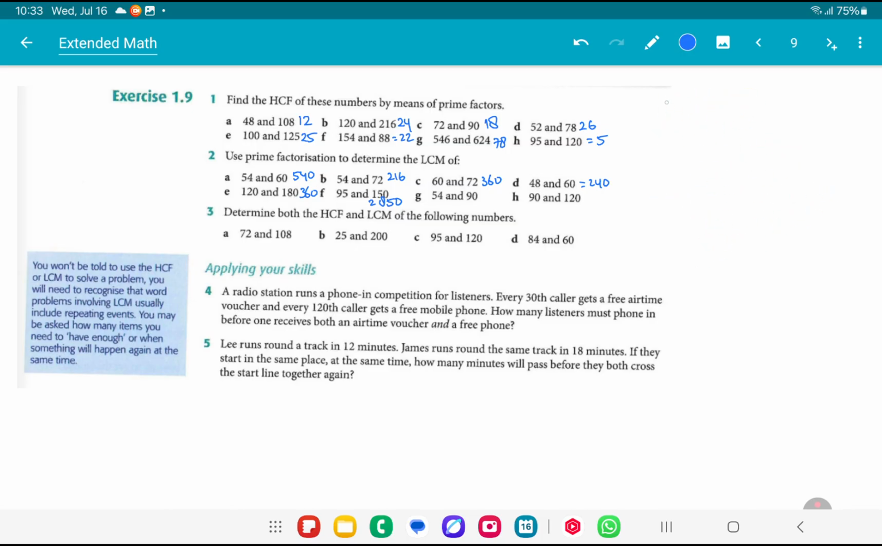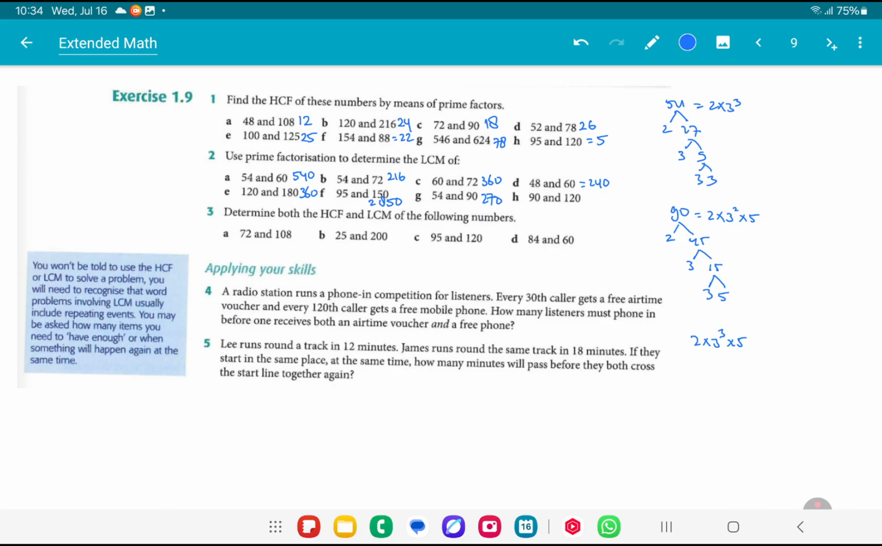Next, we continue with G. 54: 2 and 27, 3 and 9, 3 and 3, so 2 times 3 cubed. 90: 2 and 45, 3 and 15, 3 and 5. So we get 2 times 3 squared times 5. So the LCM is 2 times 3 cubed times 5. 2 times 27 times 5,